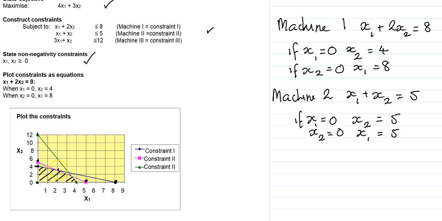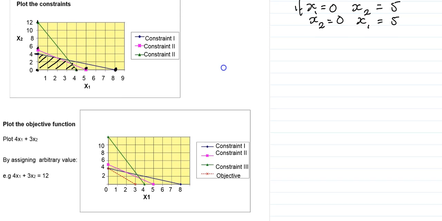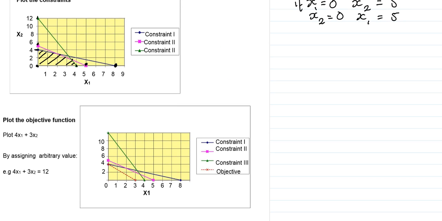or the intersection of the purple and blue line, or the intersection of the purple and green line, or this point here where the green line meets the x-axis. To actually decide which point is going to be the optimum solution, we then have to plot the objective function. The objective function, we take